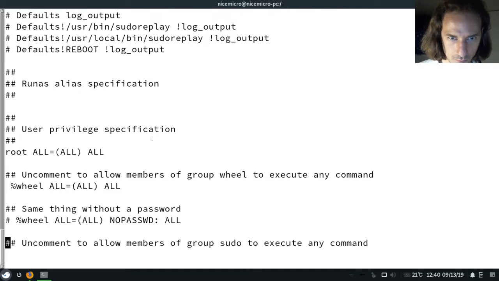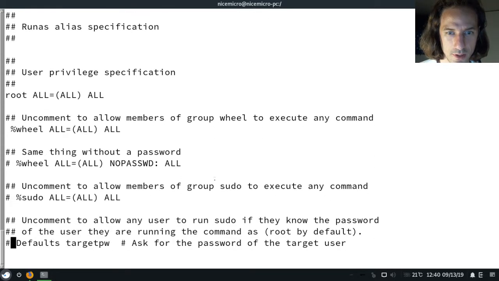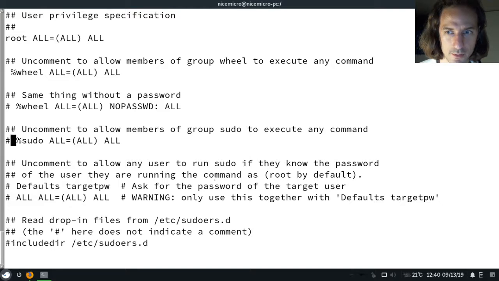So we have this privilege specification that root can do whatever, and also people in the wheel group can use any command with the sudo command as root. So if you prefix your command with sudo, you will execute it as root, and if you are in the wheel group, it is allowed for you for every command. You could do this so that people in the wheel group don't need to enter a password, but entering a password is always better than not entering a password from a security perspective. Okay,